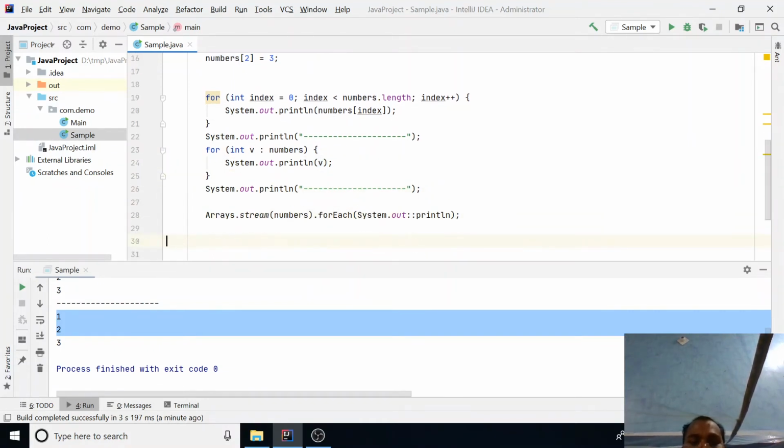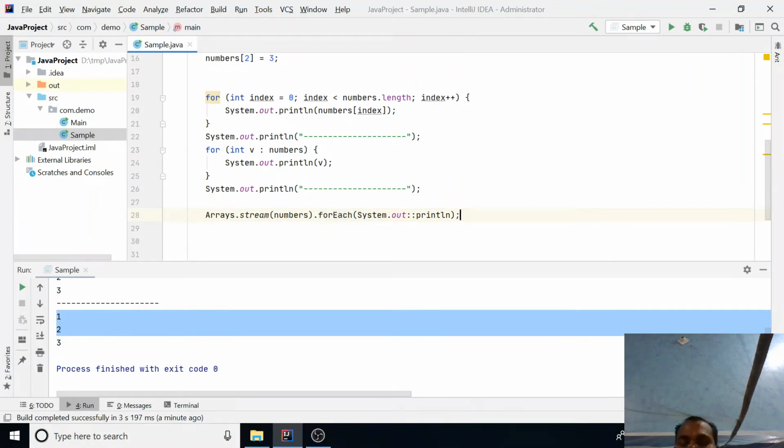And we have another approach using the stream class. From Java 8, there is a concept of stream. Stream is just a flow of values. They read values one by one for further processing. The stream gives you the values one by one from this array to this forEach function. And now this forEach function is going to print all your respective values.